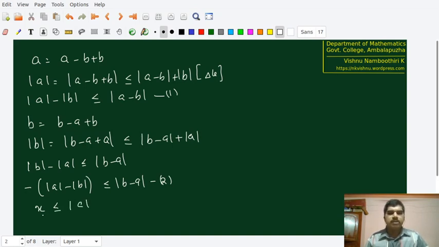And the second inequality says that the negative of that, that is minus x, is less than or equal to modulus of c. But we know that modulus of x is going to be either x or minus x, because if x is non-negative, modulus of x is equal to x. If x is negative, modulus of x is equal to minus x. Therefore, x is less than or equal to mod c, and minus x is also less than or equal to mod c. These two together imply that